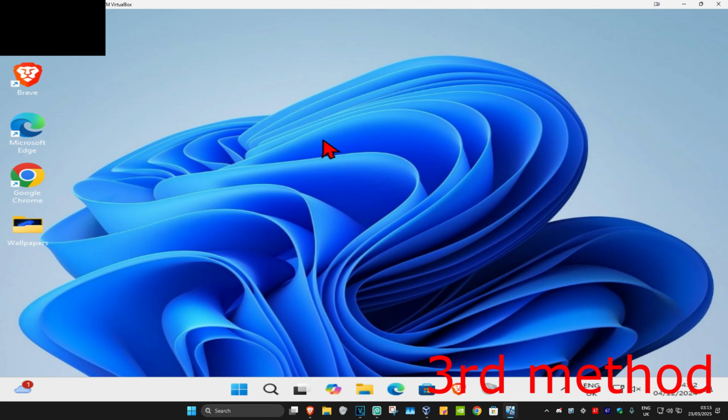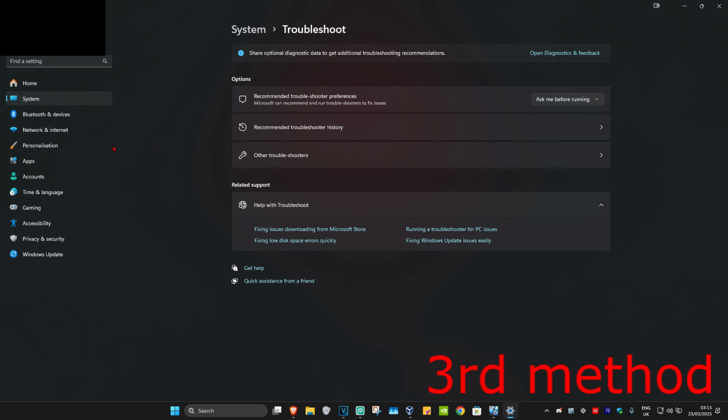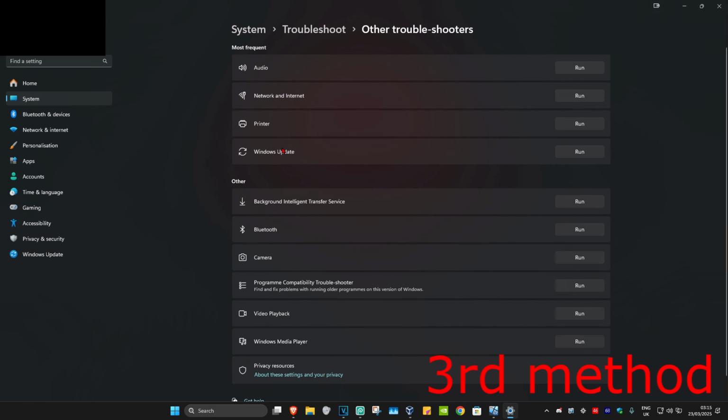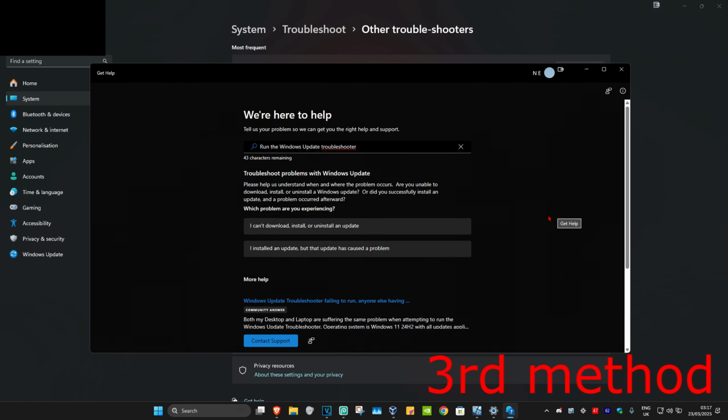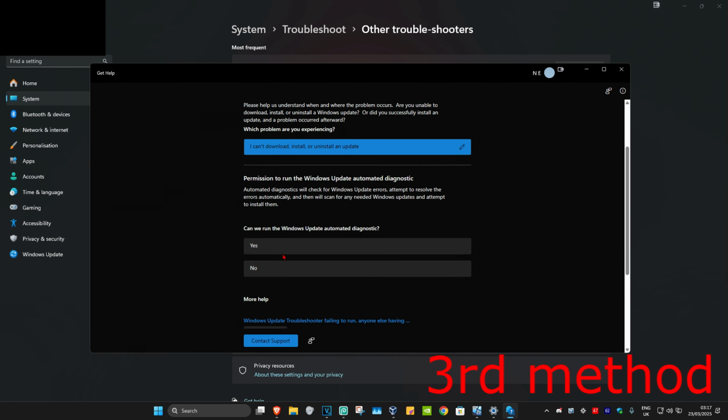For the next method, you're going to head over to search again and type in troubleshoot settings. Click on it. And then once you're on this, you're going to click on other troubleshooters. Now you want to find Windows Update. Click on run. And then once you're on this, you want to click on I can't download, install or uninstall an update. Now you just want to go through all the steps that come up here,